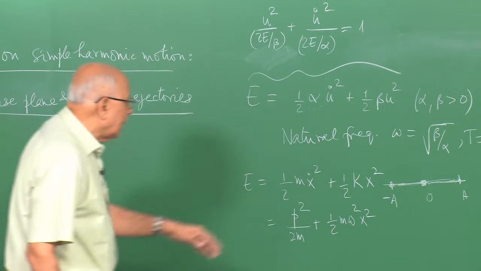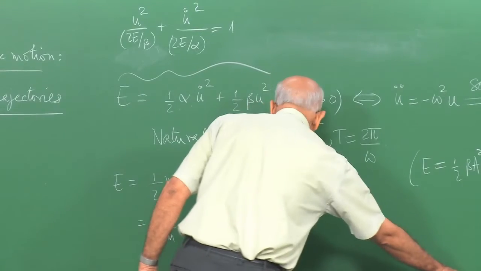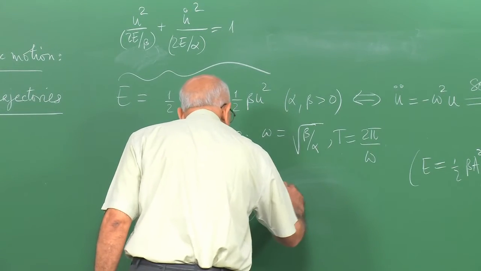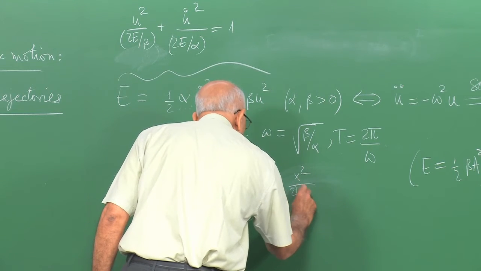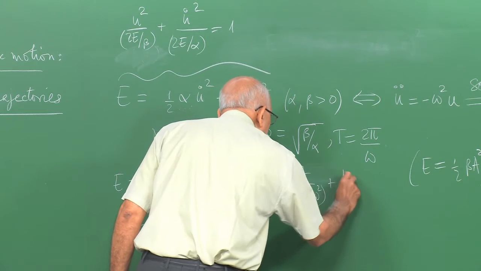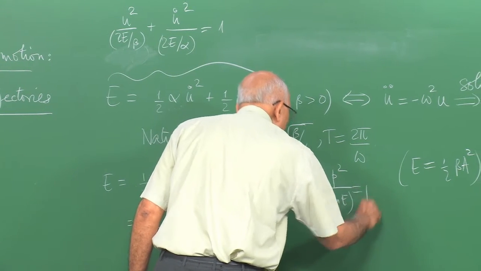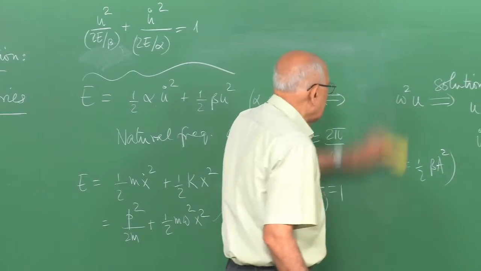I want to remove this k and write it in terms of the natural frequency omega, and then the equation to the ellipse in this case would be x squared over 2E over m omega squared plus p squared over 2mE equal to 1, and the phase trajectory in this case,